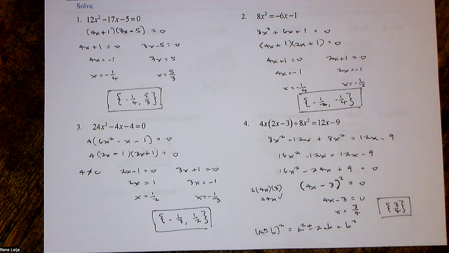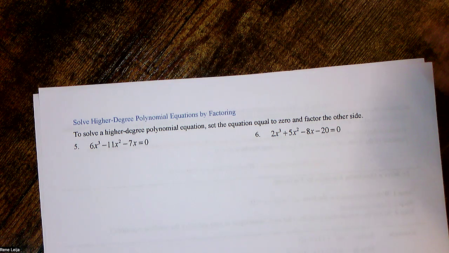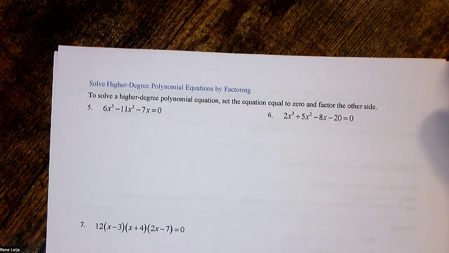Okay, but that's how you check to see if you have a perfect square trinomial. Okay, now we look at higher degree polynomial equations. Okay, so number 5,